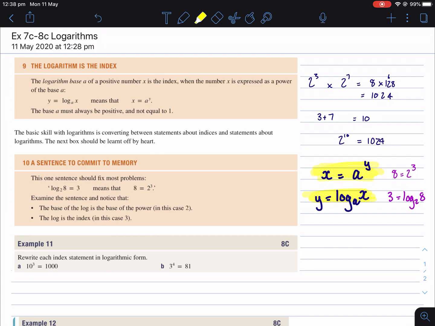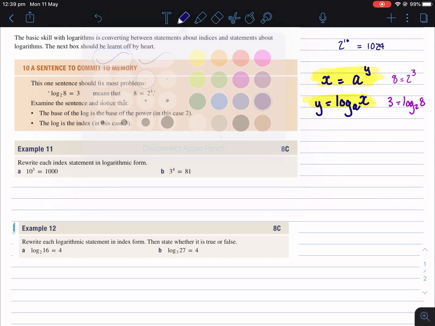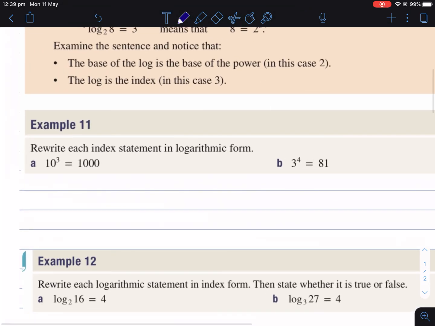Or sometimes you don't know what it was raised to, or sometimes it wasn't raised to a nice even number, so we can just keep multiplying and figuring it out. So you're going to learn a whole bunch of tools that help you around that. But we've got to get used to using logs first. So for example, in example 11, they say to just rewrite these in logarithmic form. So it's always, you always write